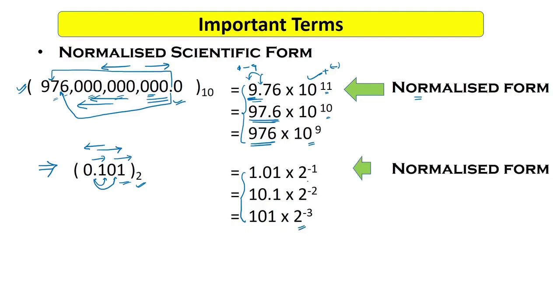Again, this first form is called normalized scientific form or simply normalized form. Now here also you can see this is the decimal point, and on the left side there is only one digit. Now in binary form, you know, only 0 and 1 can occur, okay? So here we have the bit 1. So the normalized form in the case of binary is: we have a decimal point and on the left side we have the binary digit 1, okay?